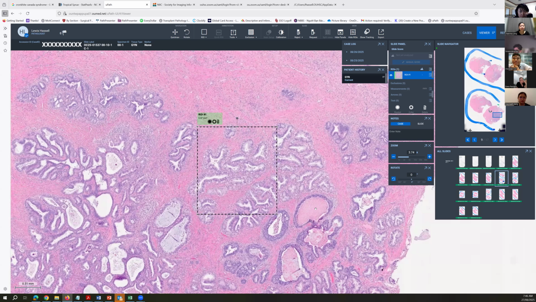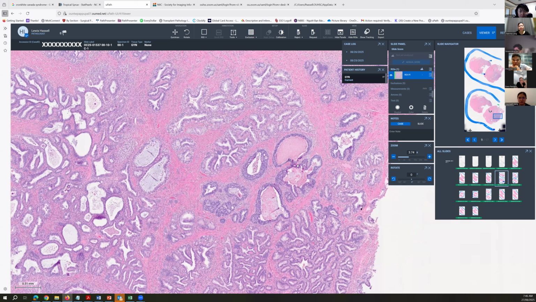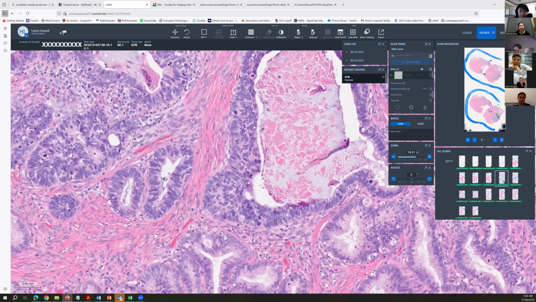So here, we'll give you a little bit more context. Here's an area where we have more of this almost solid, high-grade stuff that's in between glandular and squamous. It's piling up, but it's not quite rounded out like a squamous lesion, and you have this necrotic material in the lumen. But then here, adjacent to this,